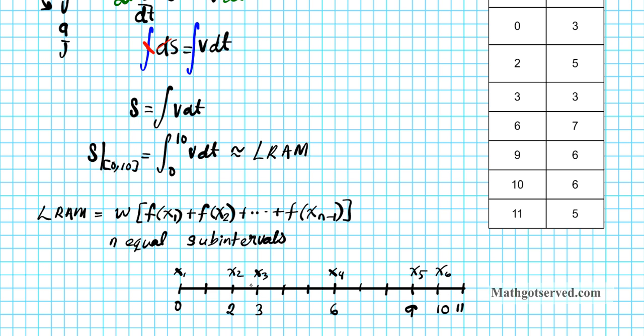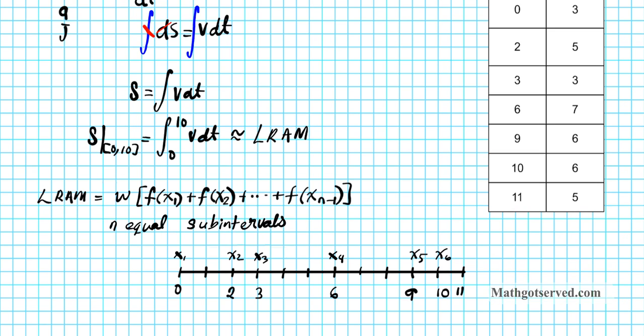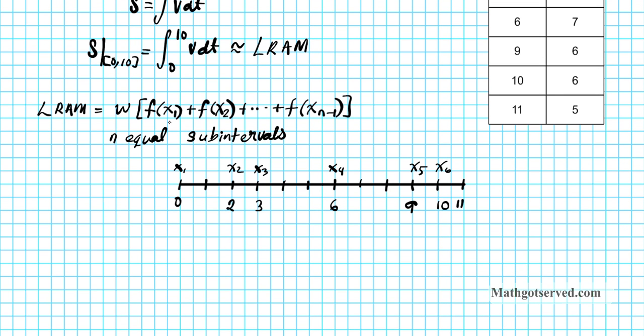So what do you notice about these intervals? They are not equal, okay? So since the intervals are not equal, that means that we cannot use this formula right here, okay? But the formula we're going to use is similar to this. It just requires W being inserted back and having different values, all right? So in this problem, we're going to have